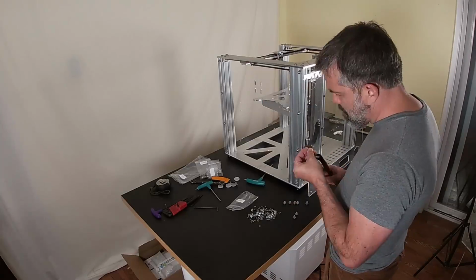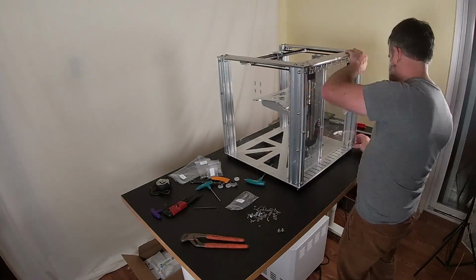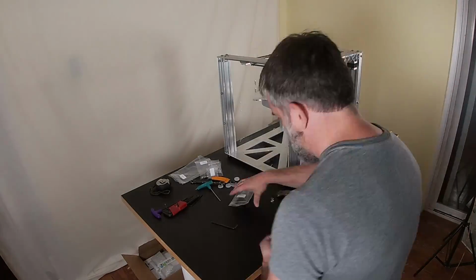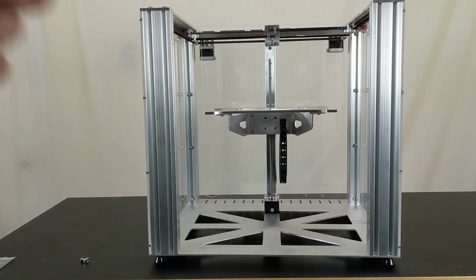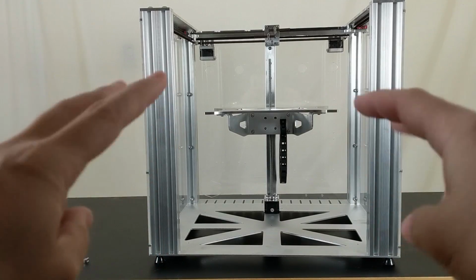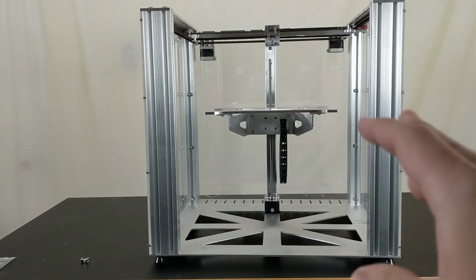And finally, we install the very back plate, which creates the interstitial space between the back plate and the back plate for the electronics to be housed within. Let's talk about the frame here. Now, E3D calls this the motion system,